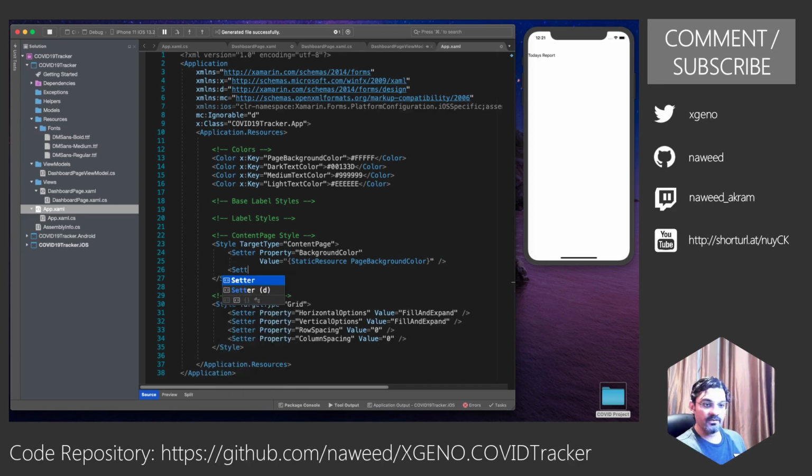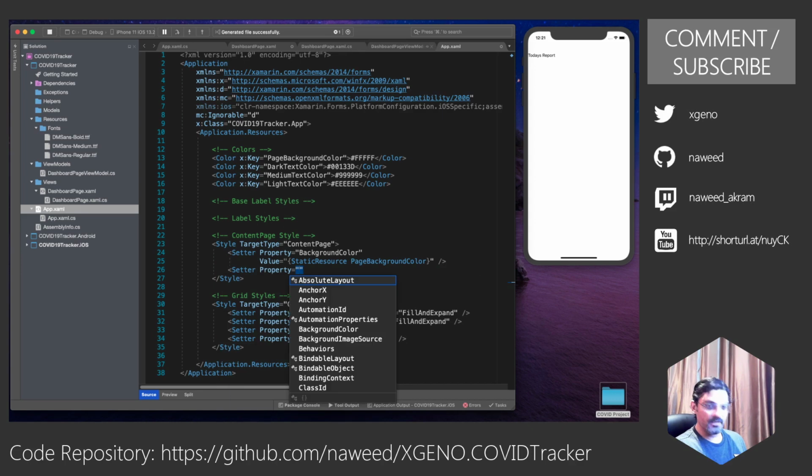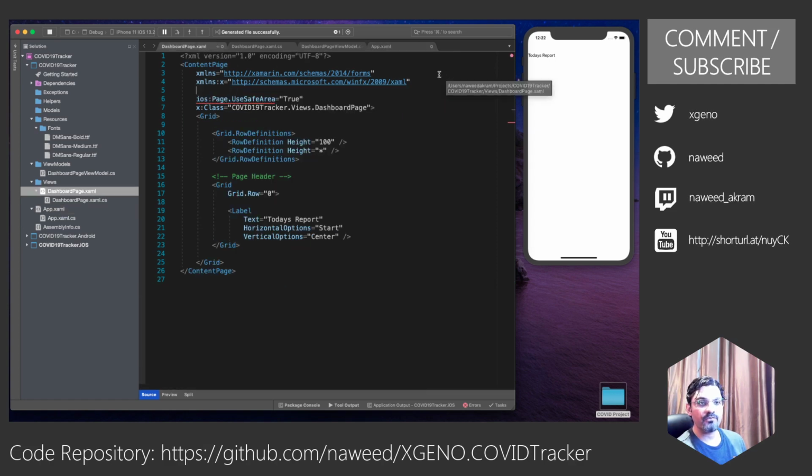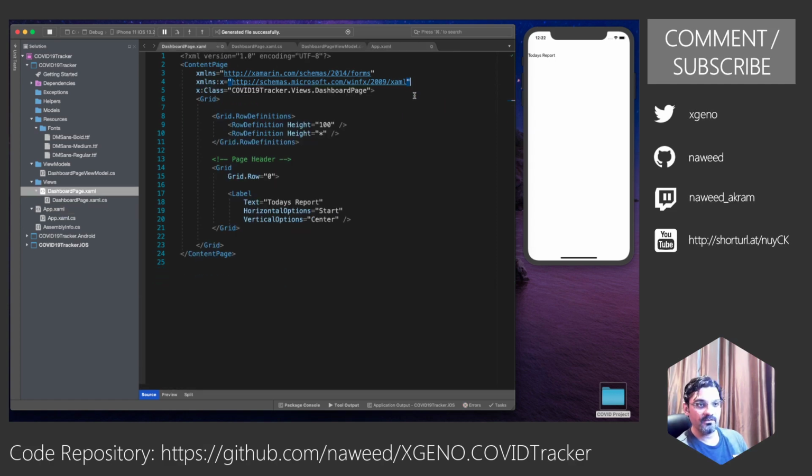So I'll say setter property equals to iOS page dot use safe area, value equals to true. The advantage with this is now I do not need to define this in each and every page. Every page is going to inherit from this style. So let me save.